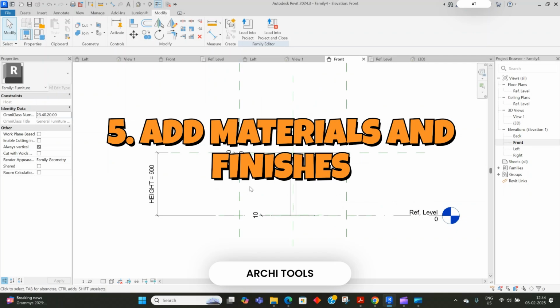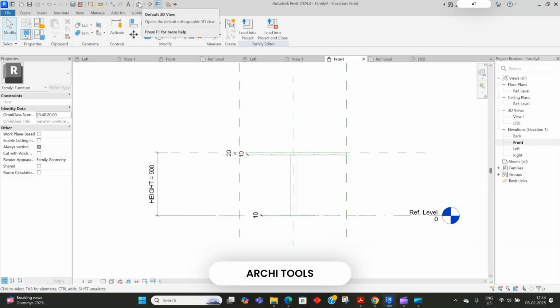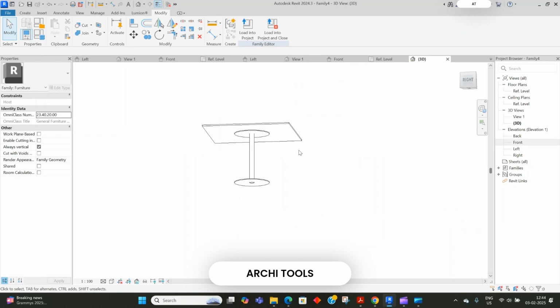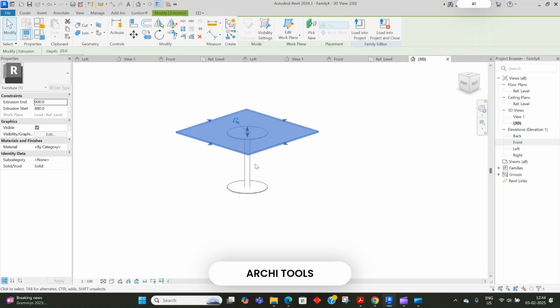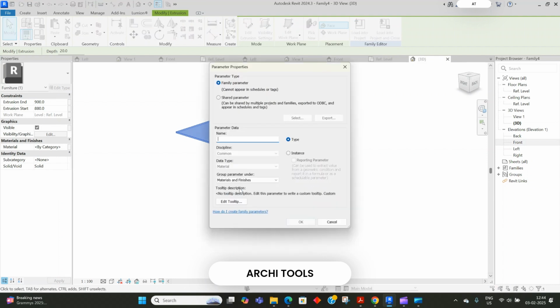Step 5. Add materials and finishes. To make furniture look realistic, apply materials. We need to provide a parameter for the materials also, like we provided for the dimensions. We can click on the extrusion surface, and on the properties palette, we can find material and finishes. Click on the box icon over here and add a new material. For top, I'm naming it as top material,